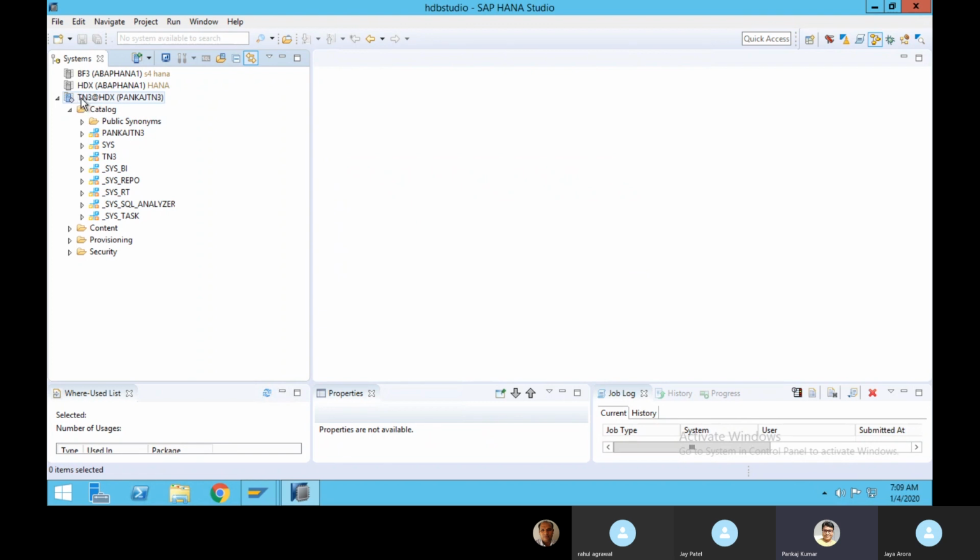TN3 is your main HANA database, and under the main HANA database you are having multiple schemas over there. Suppose you are not able to see your schema, then you have to consult your database administrator or SAP HANA basis people. They will check for you, and if you don't have the right, they will give the right for you, and then you will be able to see your schemas, because everybody won't have access to a schema.